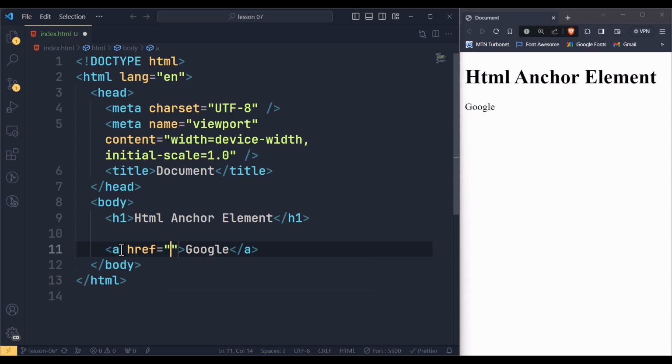The value provided to the href is a URL or address you want to navigate to when the link is clicked. So the value we provide here is the address that this link will take. Whenever a user clicks on this link, the browser will navigate to that link. Let's say I want to go to the Google homepage. So I'll just go ahead and write